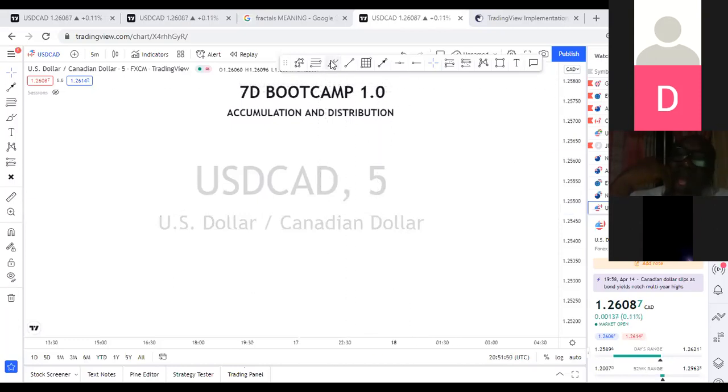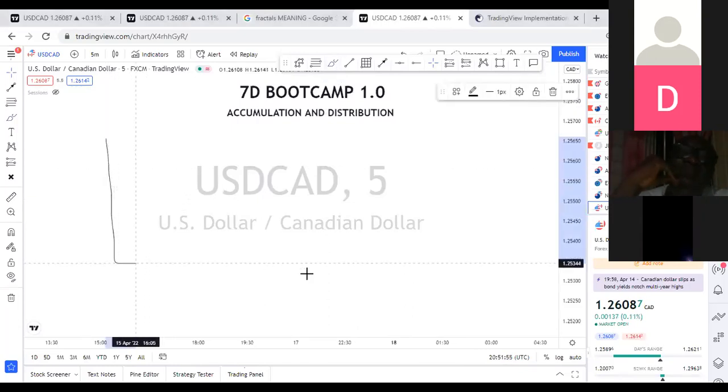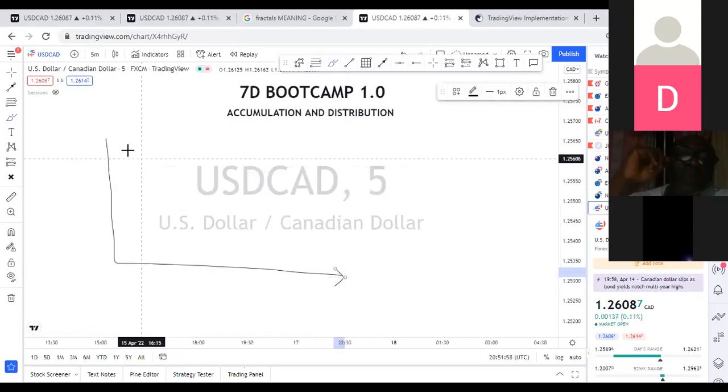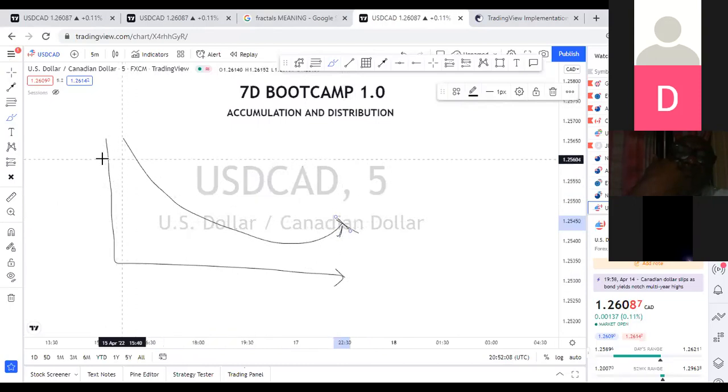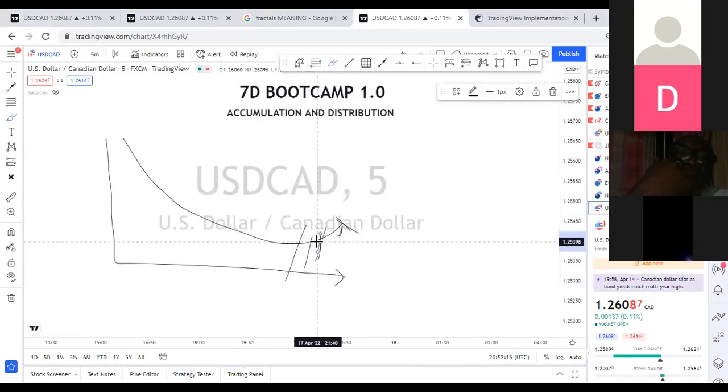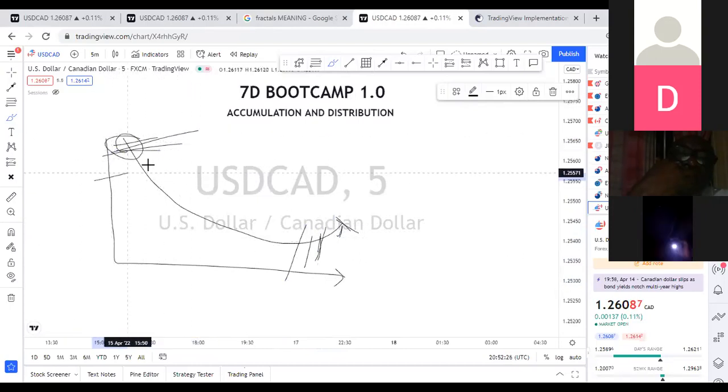So before we go into that, let me quickly show something on price cycle. All right, the cycle of price. Okay, so this is a price cycle. Now, this is where price is coming from. We don't want to be selling at extreme lows here because it doesn't make sense to sell something when the price is very low. It makes sense to sell when price is here, at this very high, and that's why you will